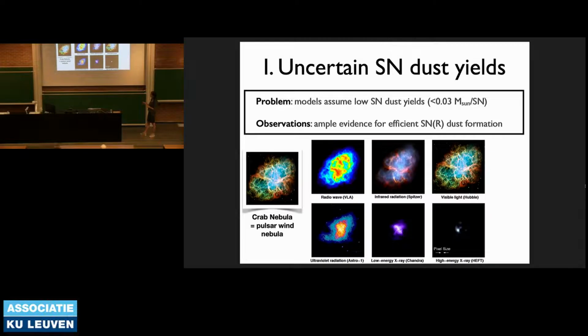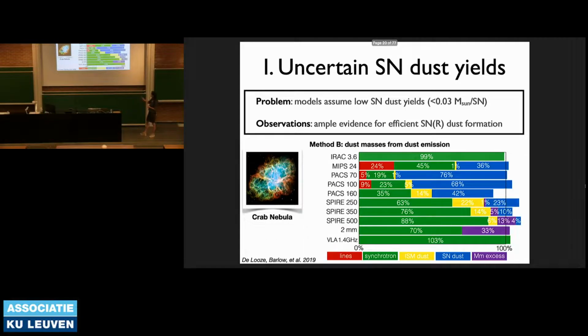Then, focusing on another iconic galactic supernova remnant, the Crab Nebula. It's a completely different object. It's a pulsar wind nebula. It has a rotating neutron star in the center, which is ionizing the gas. There are magnetic fields, so you're dominated by synchrotron emission, not only at radio wavelengths, but at a lot of the other wave bands.